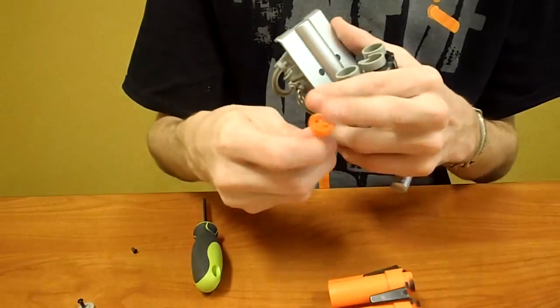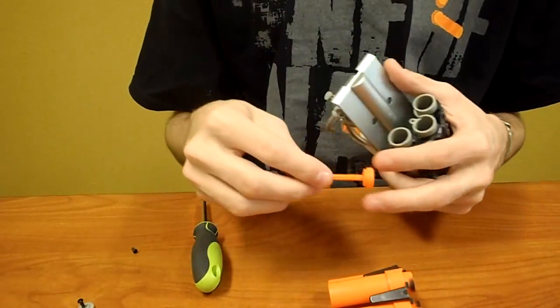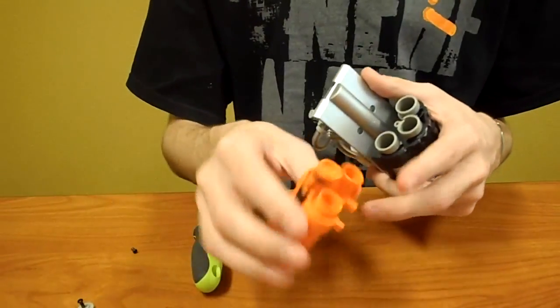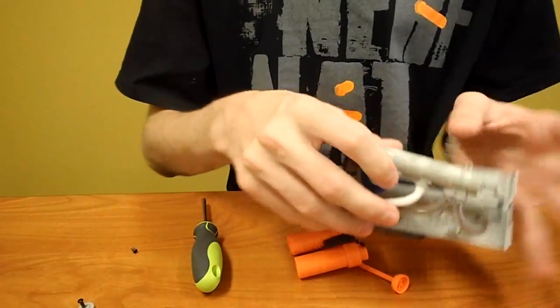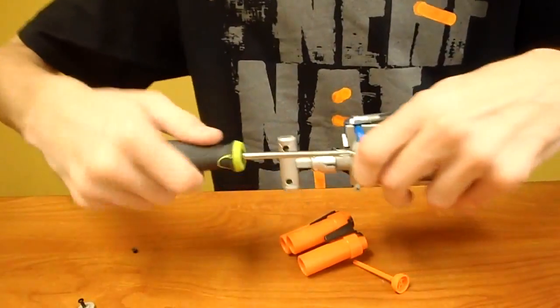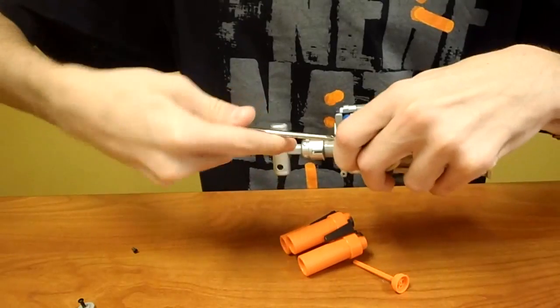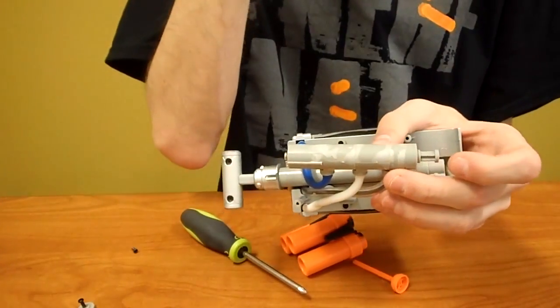I may drill out these dark posts and put them back in just so that there's less dead space. In fact, if I look at it and how it fits in, I'm going to have to do that anyway. But I will do that, put it back together, and the only other thing I'm going to do right now is come in and tighten this air release screw here a good 3 or 4 turns until I feel the friction really increase, and I know that that's going to allow me to put more pumps in this and get